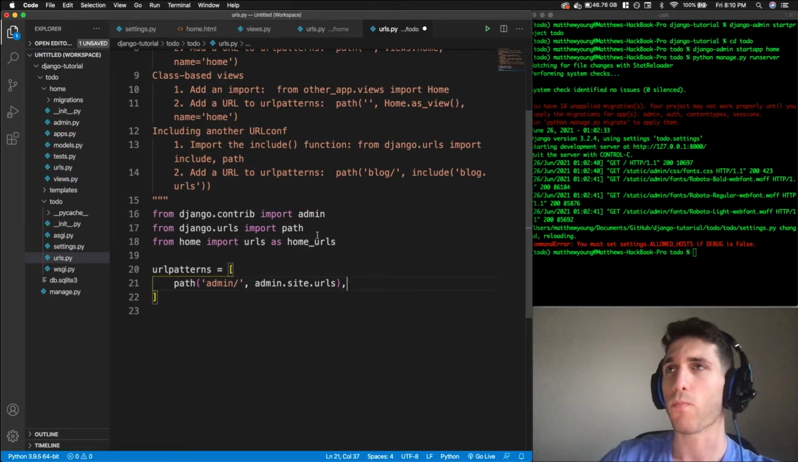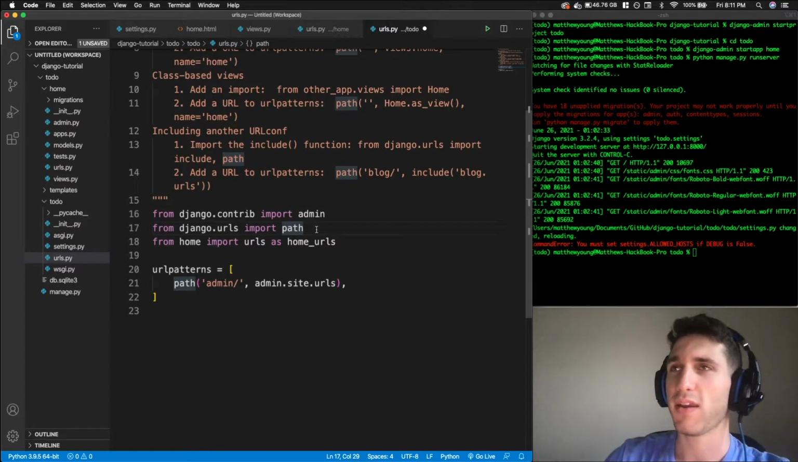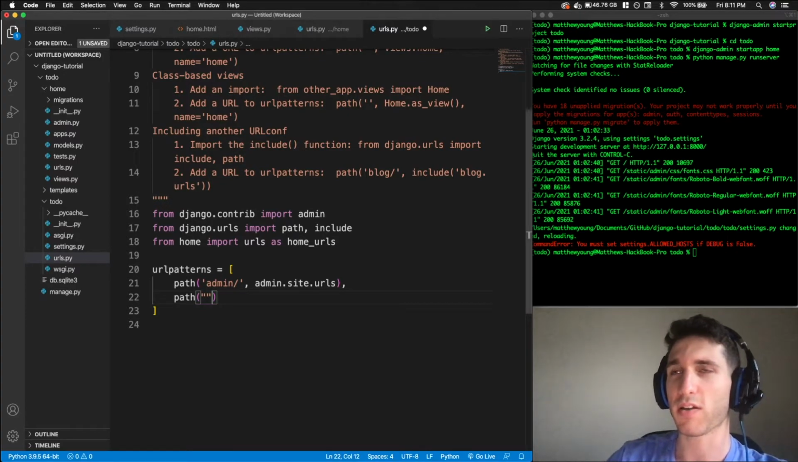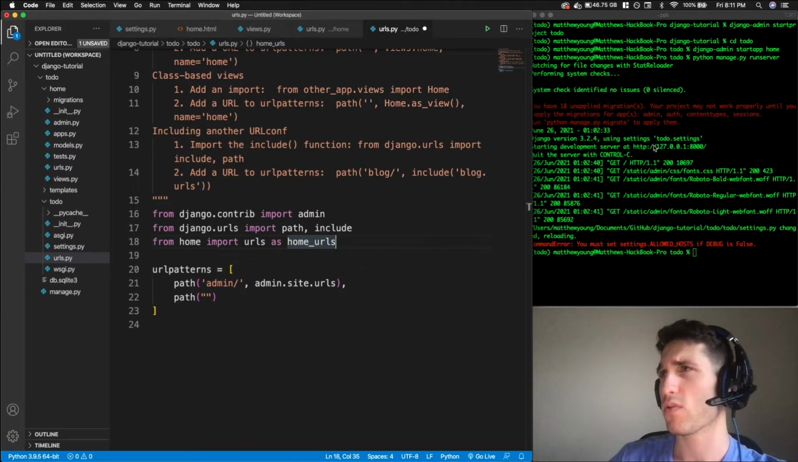So then what we can do, one more thing. We're going to need another function called include from django.urls. So from path include, import include. So we can come down here, we'll make another path, same thing. We're going to do empty quotation marks because this is just going to say append all of the home URLs onto the root